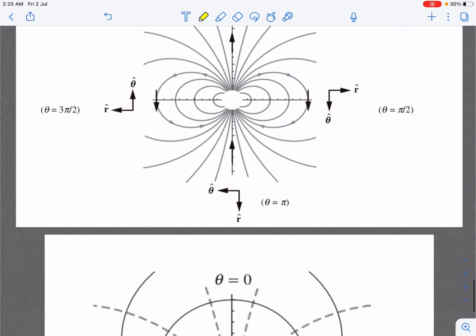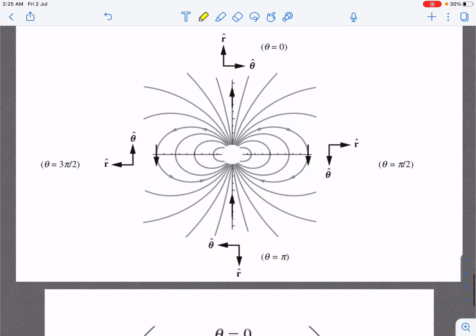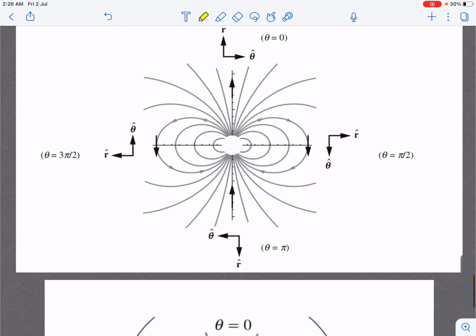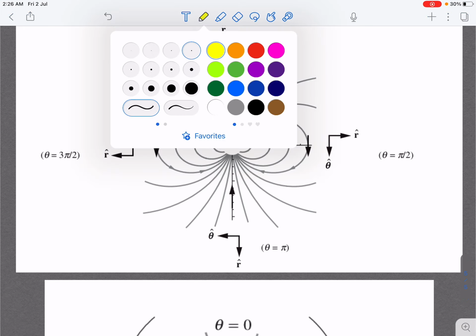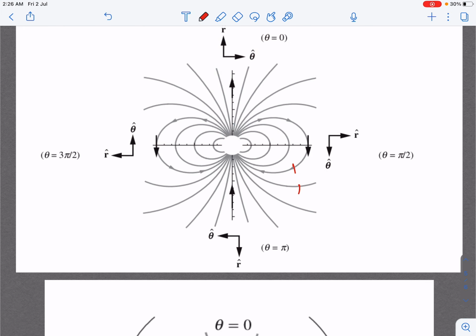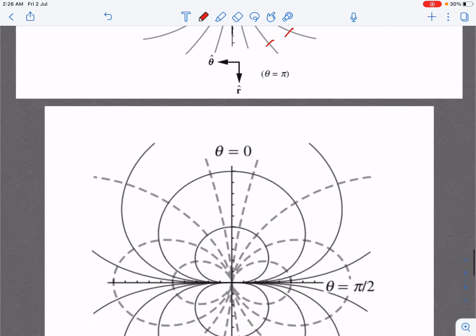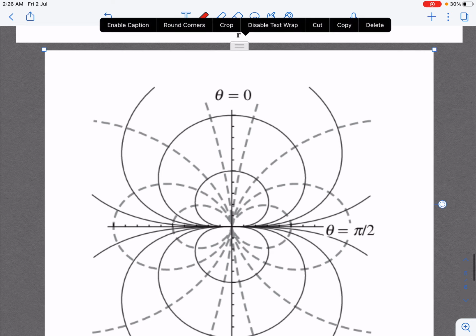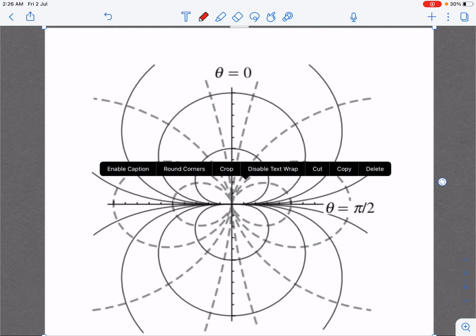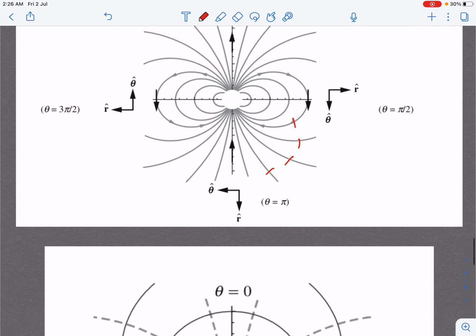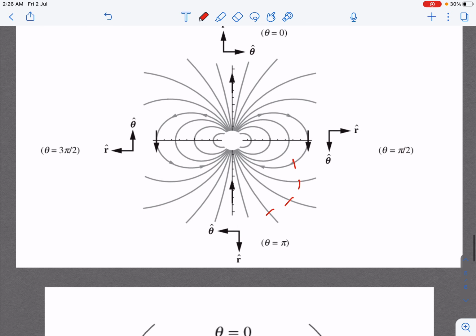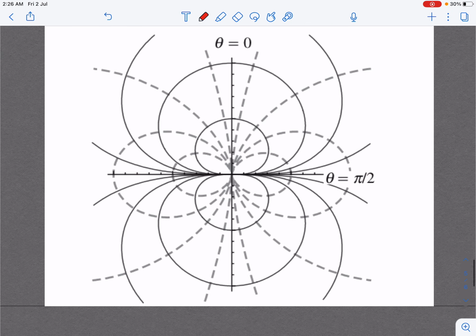How will they look like? So these are the two pictures that I have drawn. In the first picture, you can clearly see these are the field lines. Whatever the diagrams you are seeing over here, these are field lines, correct? And you can clearly see. Next, here in this particular situation, you will see how the corresponding equipotential surfaces are perpendicular to the field lines. Now you check here.